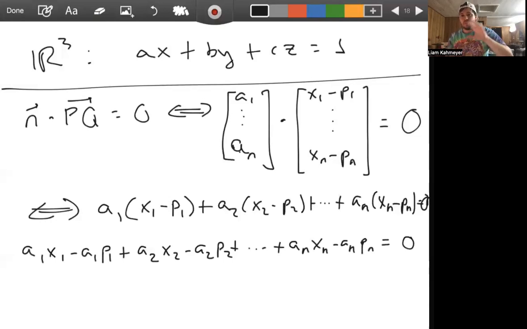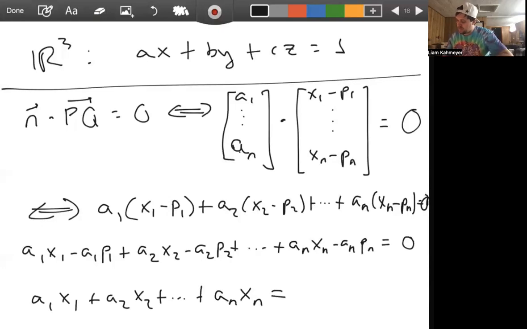Then if we keep all of the terms with a variable on the left and move everything that's a constant to the right, then we'll have our scalar equation for a plane. So we would have a1x1 plus a2x2 plus blah, blah, blah, plus anxn. And this is equal to